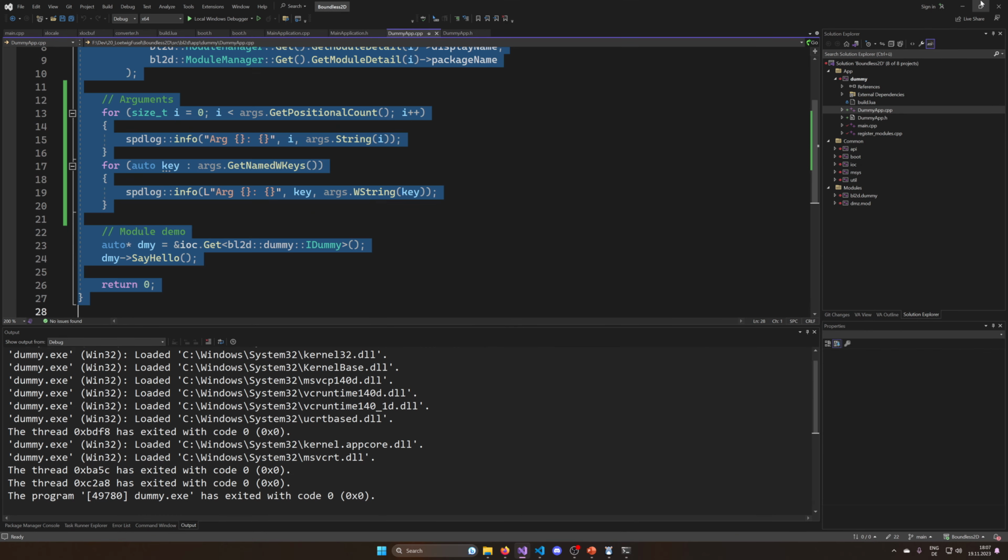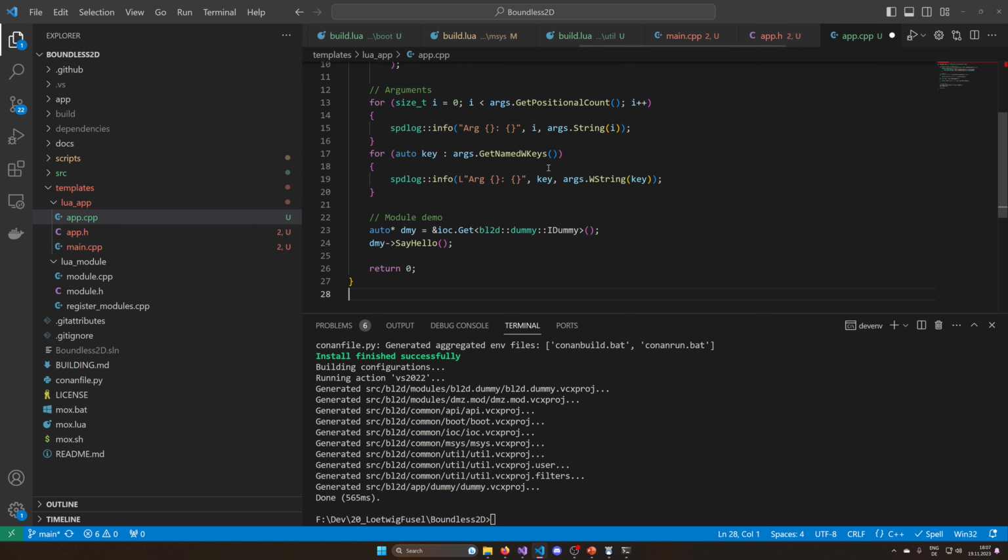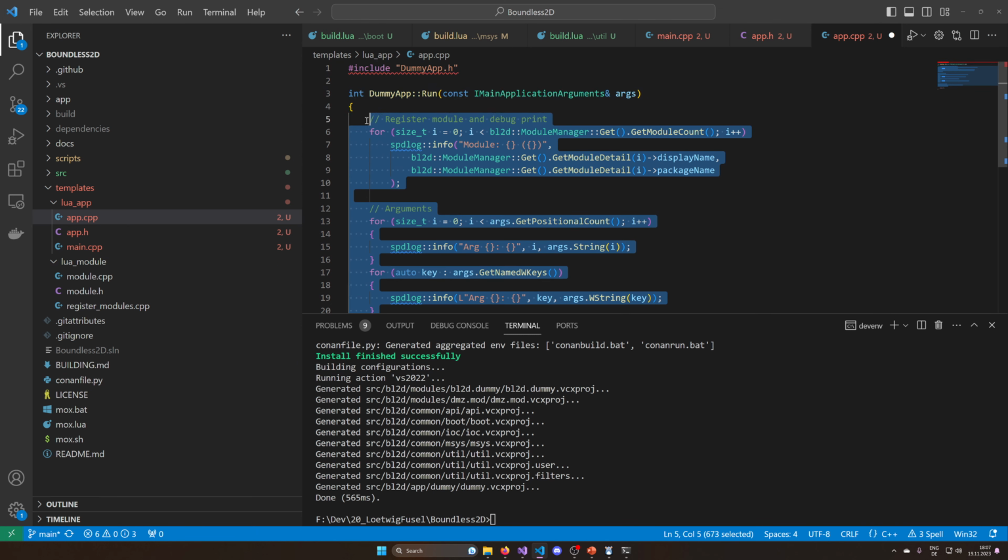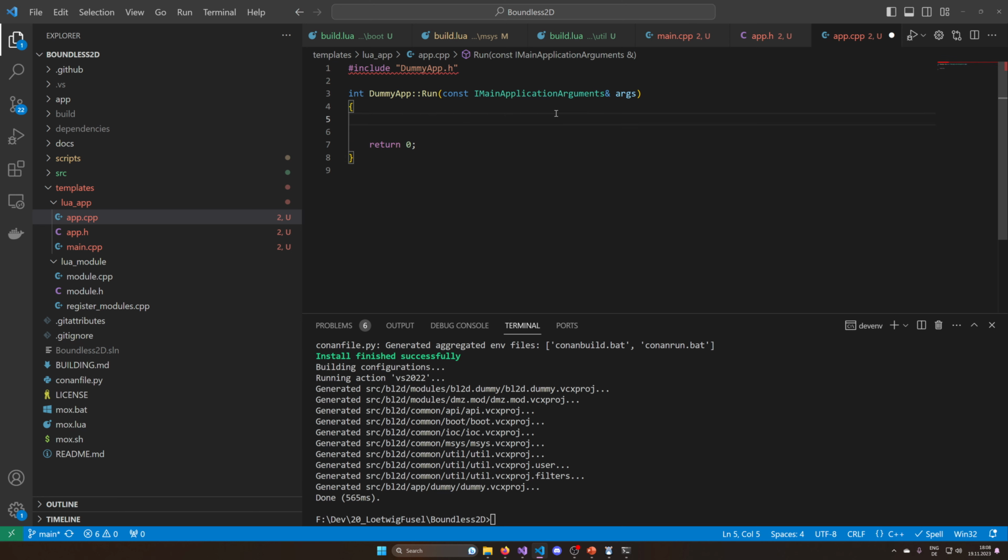In the dummy app.cpp we can copy these over, app.cpp, and instead of all of that stuff that we currently have in here, I want to have an SPD log info hello world quickly in here so that we can get this rolling. And then we have the app_name here, and we have the app_name in there. And now everything is good, and we should be able to auto generate these ones based on the template hello world from